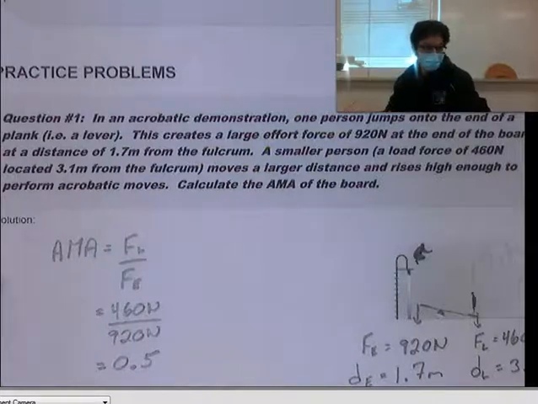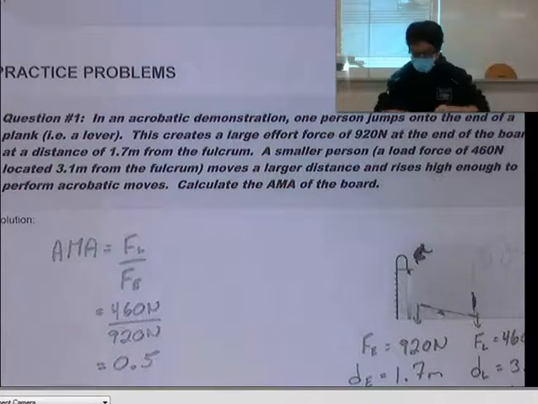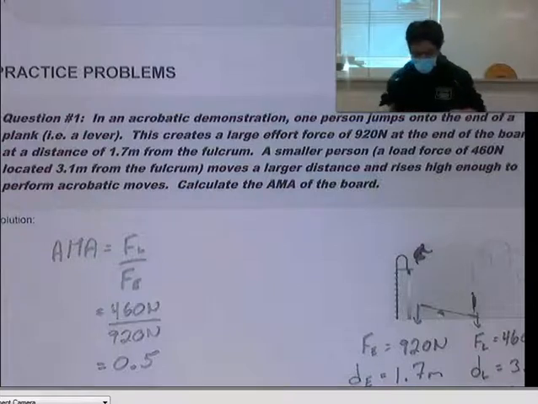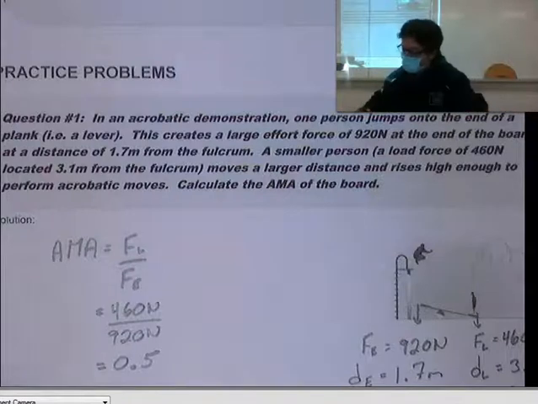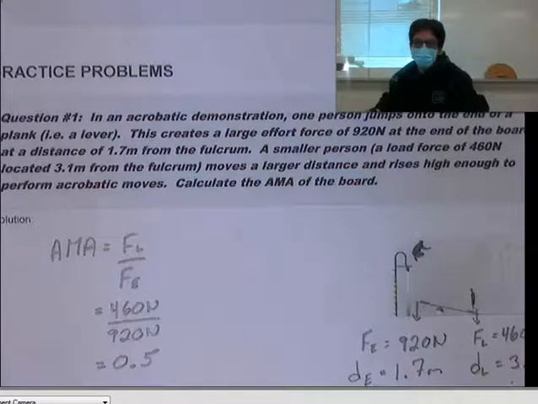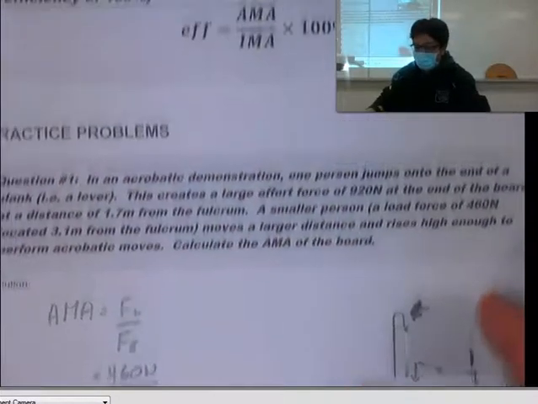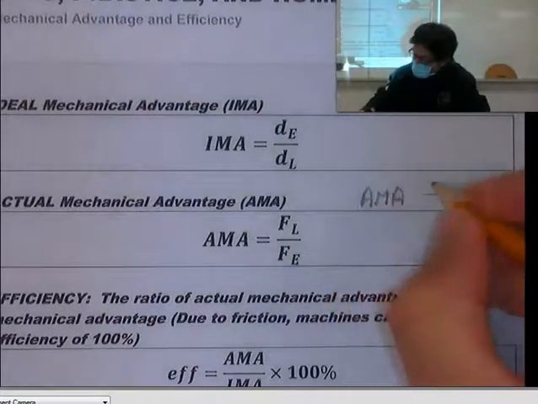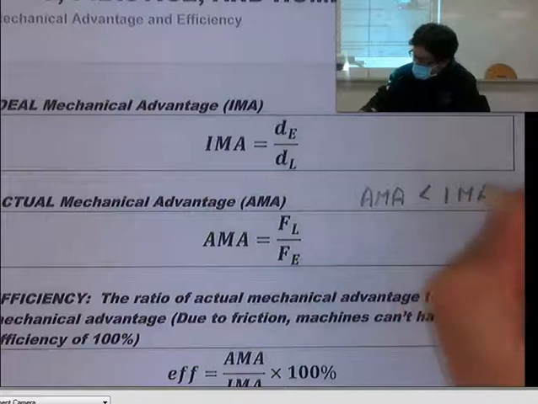If you wanted to calculate the ideal one, you would do dE over dL. It would be 1.7 divided by 3.1. And you notice it would be 0.55, but we don't need to do that. The question doesn't ask us to. But you'd notice that the actual, again, will always be slightly lower. I should write that up here for you. Your actual mechanical advantage will always be slightly less than your ideal mechanical advantage,